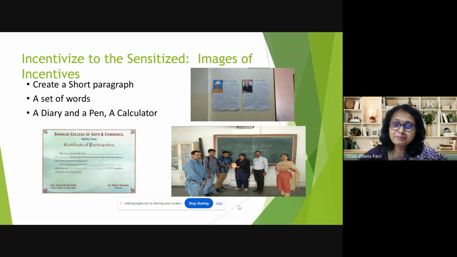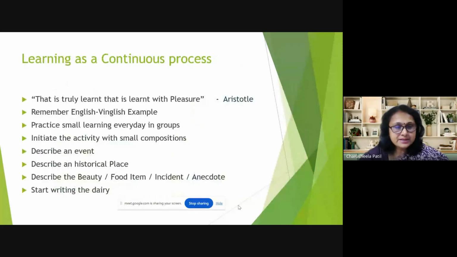You have to give people some kind of incentive, so that they will feel motivated for better performance. As you can see, there are some other activities also which I conducted, and I presented books to the students who tried to do something good in their writing exercises. Through the principal, I tried to incentivize those students. This is the need of the person, that he or she should get recognized for what he or she has done. Okay, can we have the next slide, please?